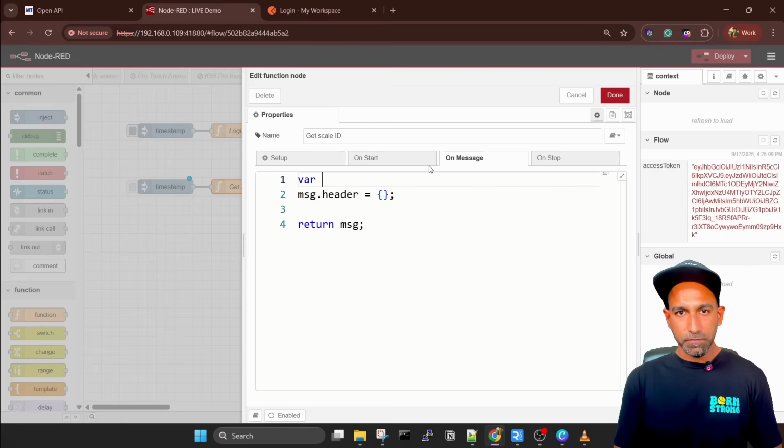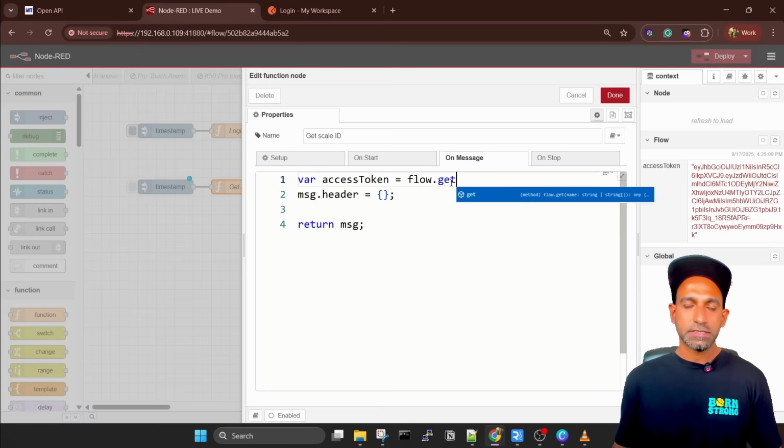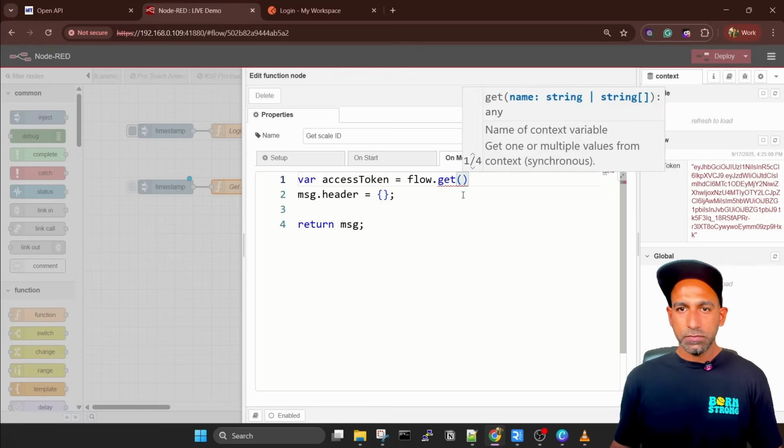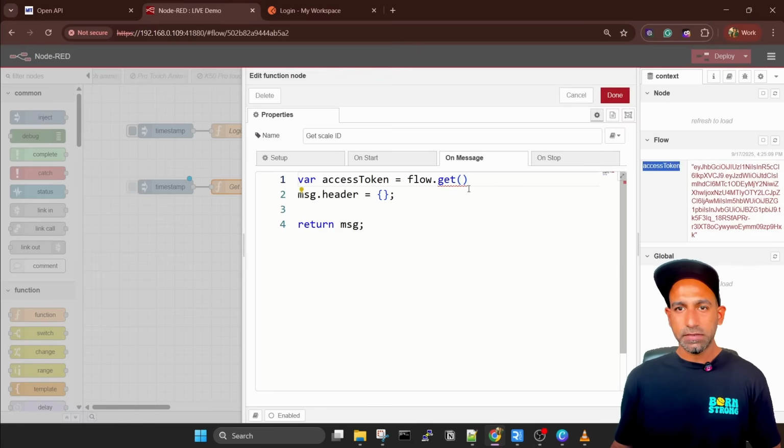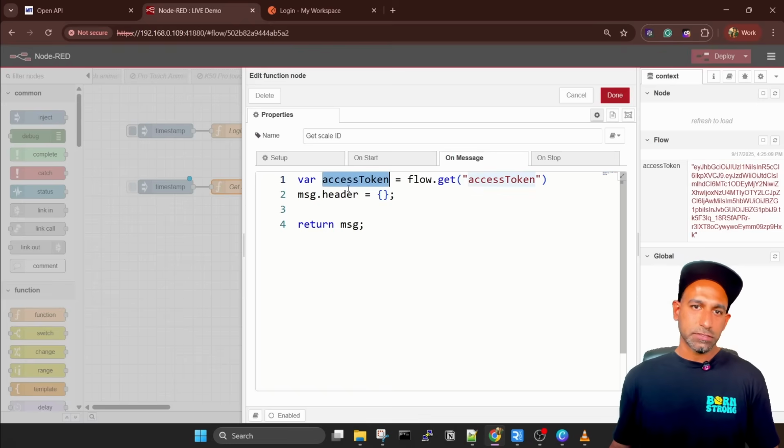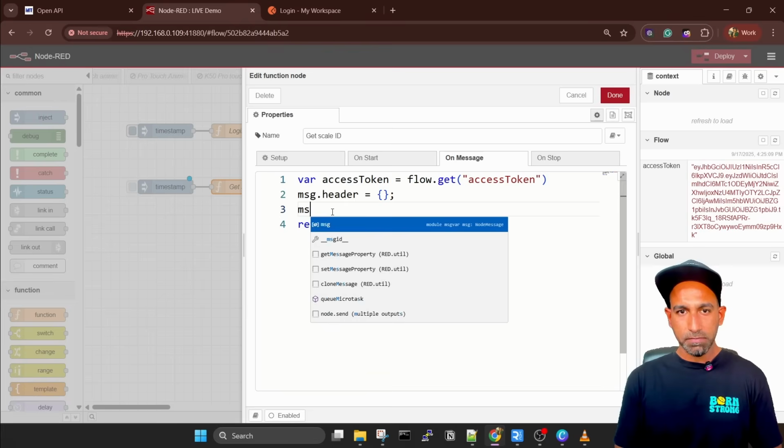So I will type var access token is equivalent to flow.get. This is just a function in Node-RED that once you want to get the information of this variable, you use flow.get. If you want to set this, you do flow.set. So this function is going to give me this value, put it in the access token. All right. Now I will type